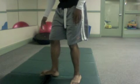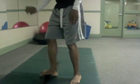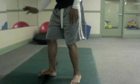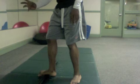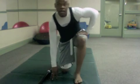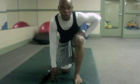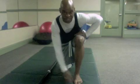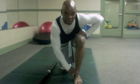Again, looking for 2 to 3 tender or sort of crunchy feeling spots, sitting on top of anything that you feel until you experience a 75% reduction in the tenderness. Take your time with all 3 aspects of your foot, and soon you'll experience the joy of release through your entire kinetic chain, beginning at your foundation here in